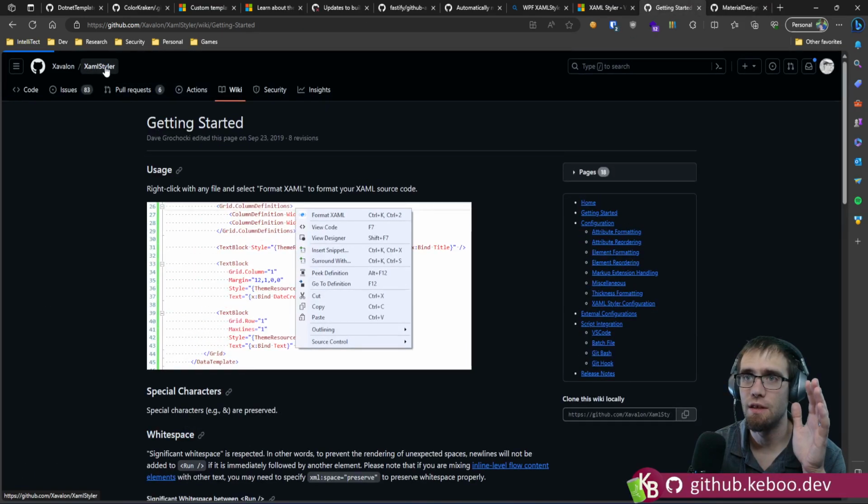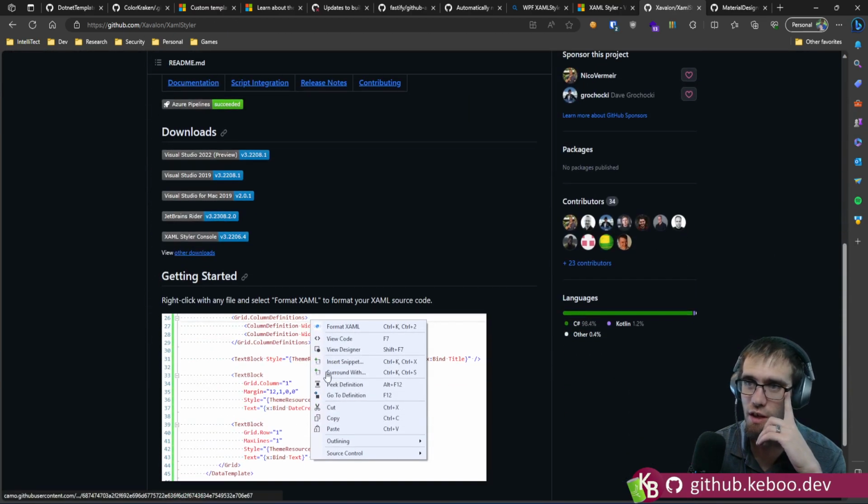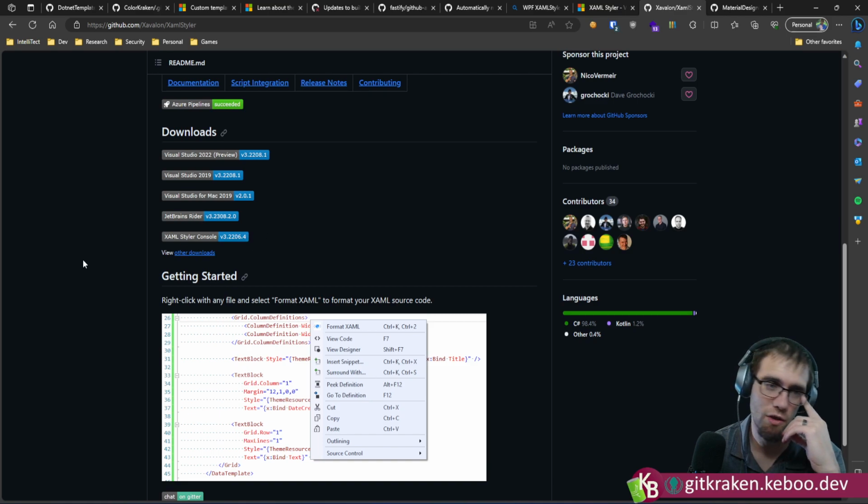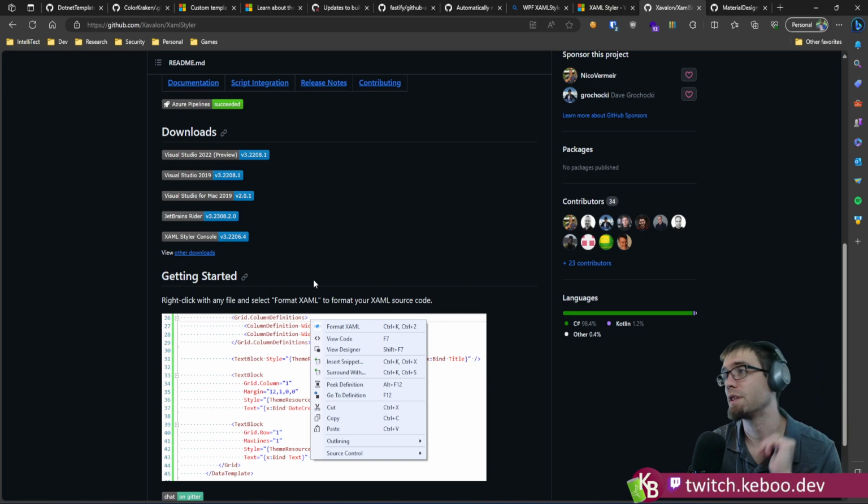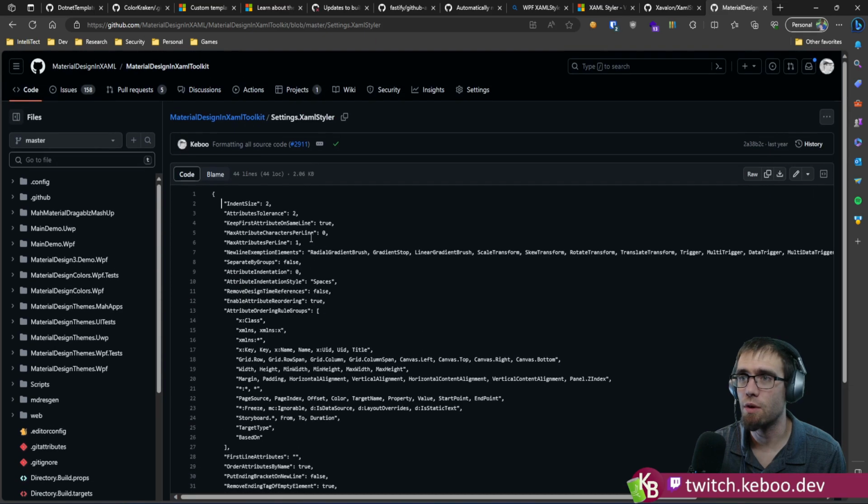As you can see, the XAML styler extension supports pretty much any editor you would care about. And then they also have a console option as well. So if you want to go through and do that, great, you're off to the races. So I think what we're going to do is I'm going to shamelessly steal this one right out of the